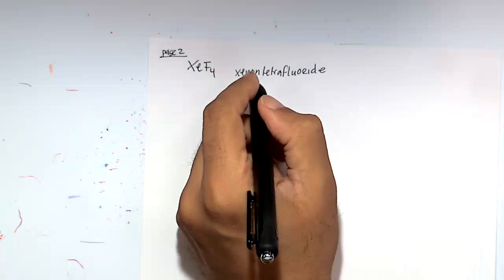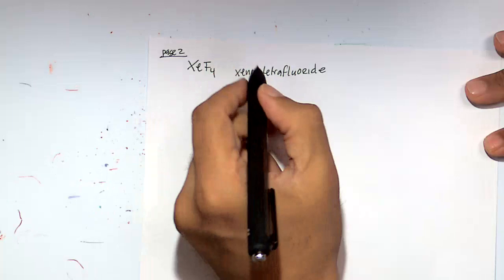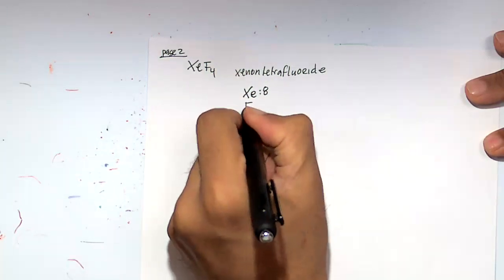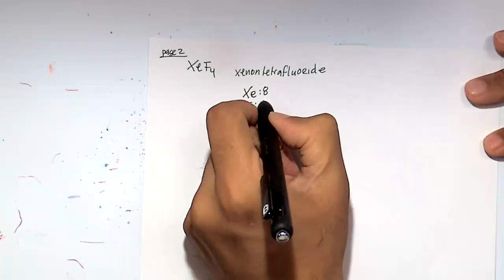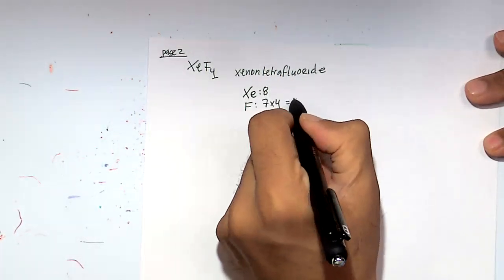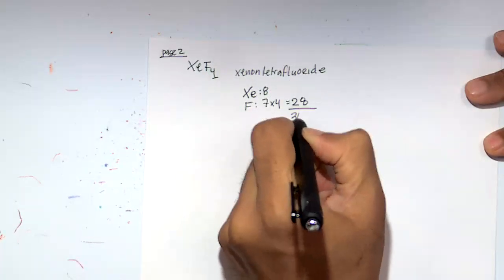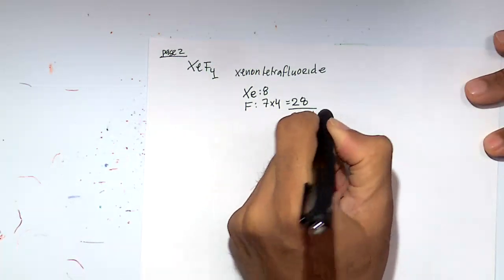And what are the noble gases happy at? I don't have my periodic table, but 8. What is fluorine happy at, as well as all the halogens? 7. But you see we got 4 of them, so 7 times 4 is 28. So we need to get 36 valence electrons around the